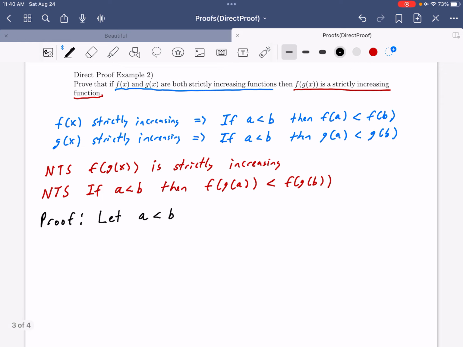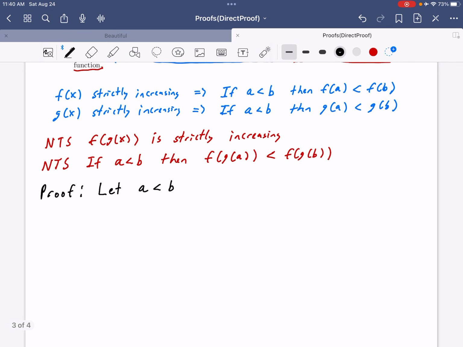Okay? And remember, our goal is to eventually get to saying that f of g of A is less than f of g of B. Since we have this, letting A be less than B, notice we're going to sort of think about this from the inside out. Since g of x is strictly increasing, we can use this to say since A is less than B, then g of A is going to be less than g of B. So we can say, it's okay to use some words here, so we can say since g of x is strictly increasing,